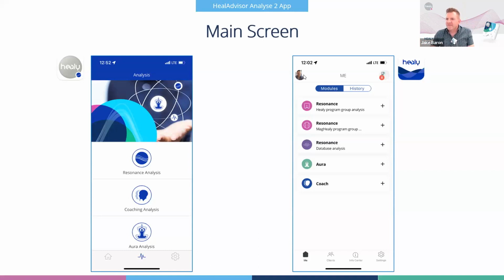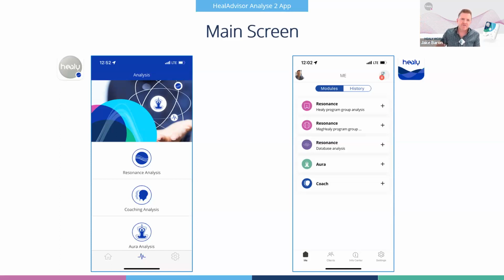So that's a much different view from when you first start. And then from there, of course, you can pick the modules, or you can go straight to your history. But the modules are different now as well. Rather than resonance analysis all being listed in one section, you have the resonance analysis, which are all the Healy program groups. So all the programs that are in the Healy app, all the microcurrent programs, those are all in that resonance section.